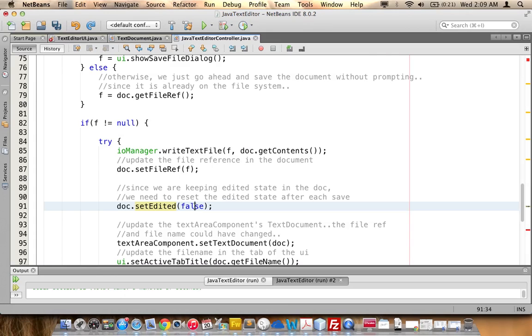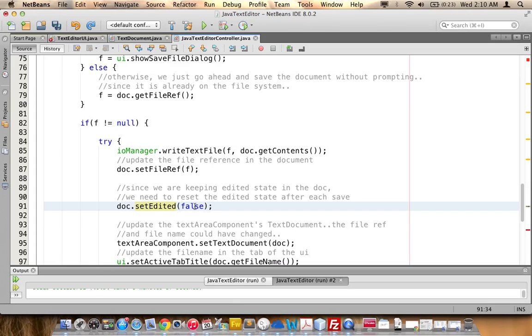If we do not do that, then the system continues to assume that the document may be changed, even though the user has actually saved it. And in such a case, it will always prompt the user whether or not they have made changes after the first save. So this setEdited false here will update the current status within the text document after every save,